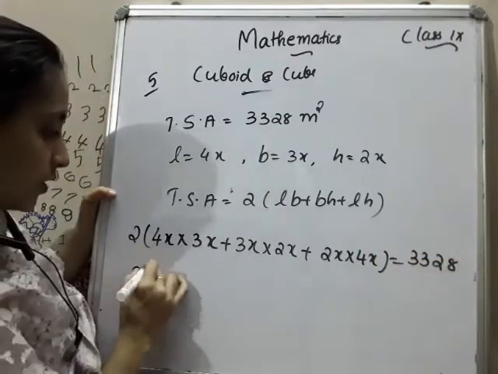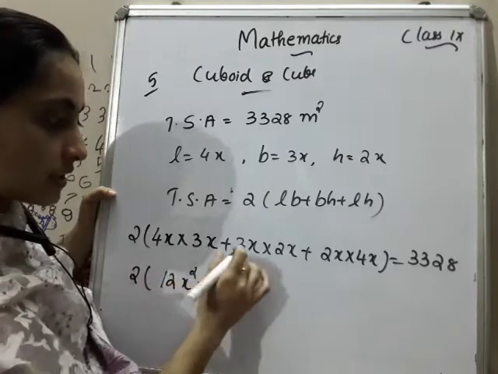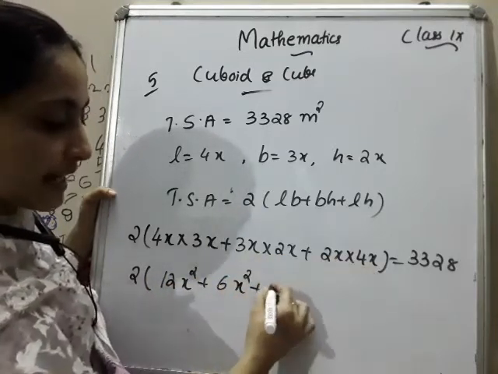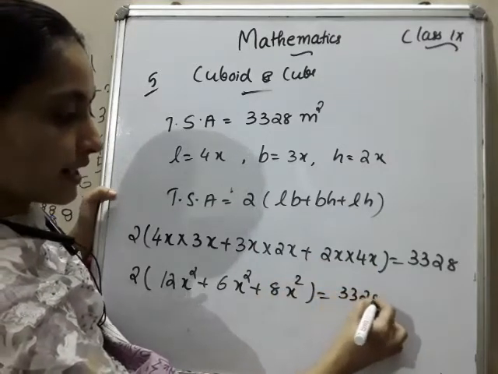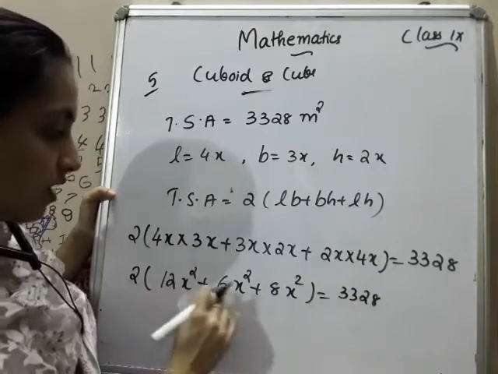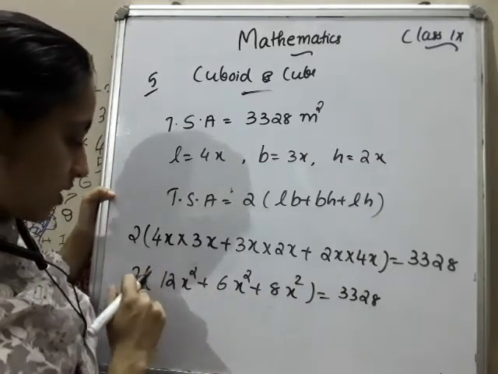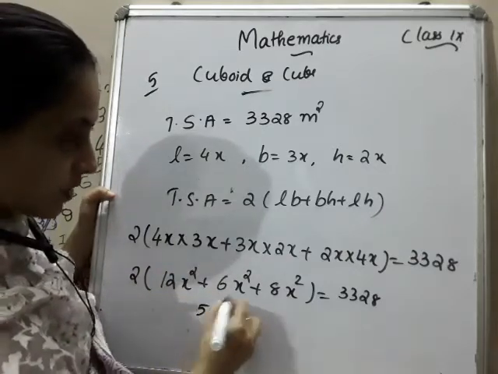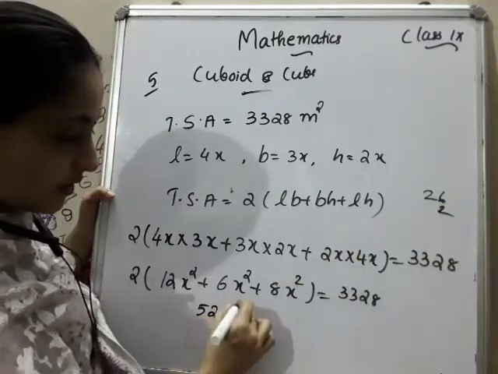That is 2 into 4 into 3 is 12, so 12x square plus 3 into 2 is 6x square plus 2 into 4 is 8x square will be equal to 3328. So 12 plus 8 is 20, 20 plus 6 is 26, 26x square into 2, that is 52x square will be equal to